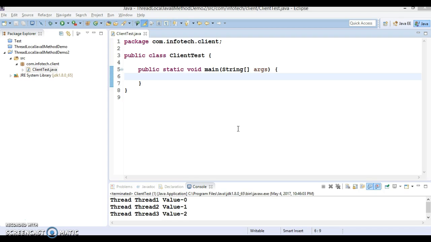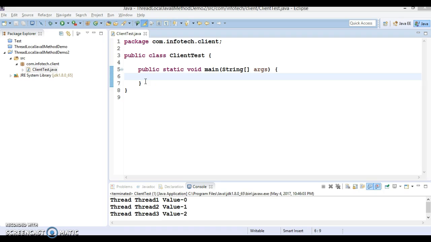Now let's try to understand how thread local can be used by storing a separate instance of simple date format for each thread. So here I am going to create a project and there we'll try to understand how we can achieve the synchronization using thread local.